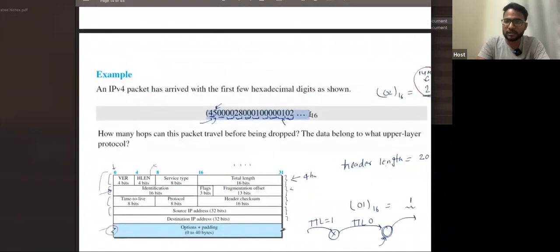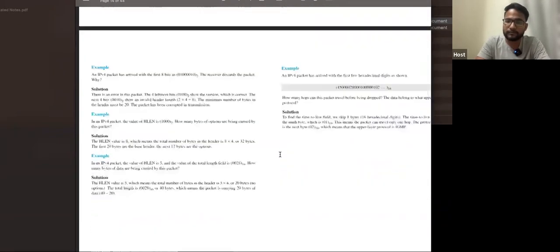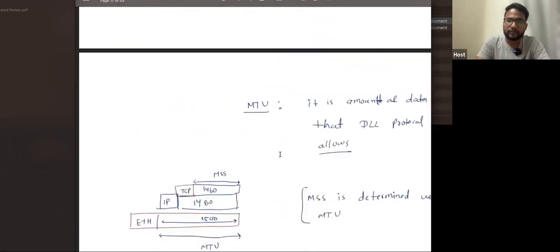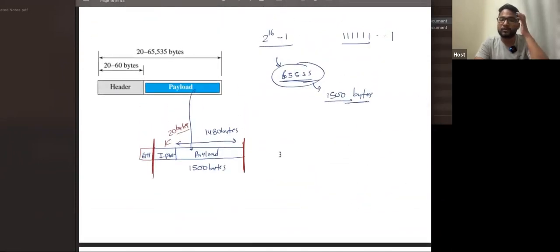This is one of the IP headers that we have, and then they have asked maybe the TTL field. They can ask anything, maybe the total length, because the IP header is given to you. So based on that, you need to deduce some information. Now, suppose that this is the header of 20 bytes, and then there will be a payload. Based on this payload, we need to decide,